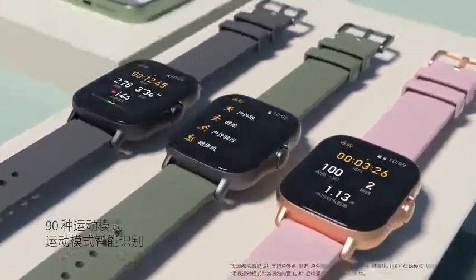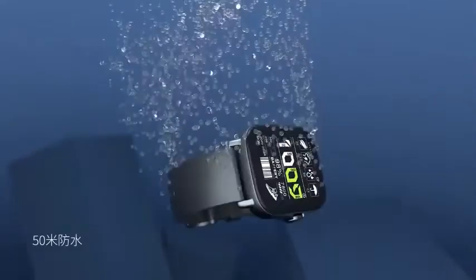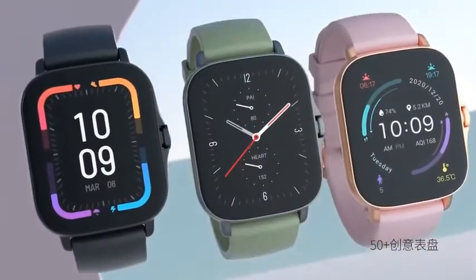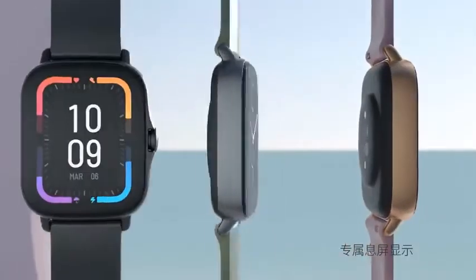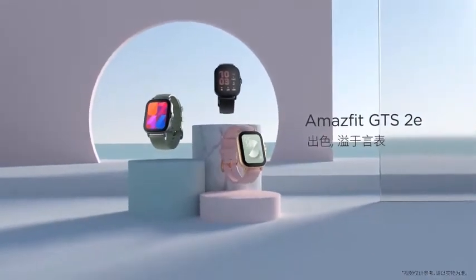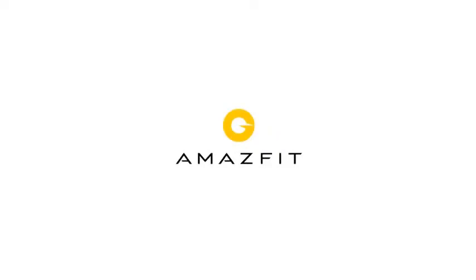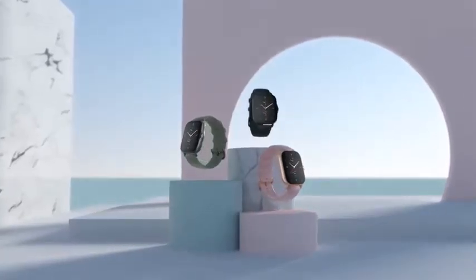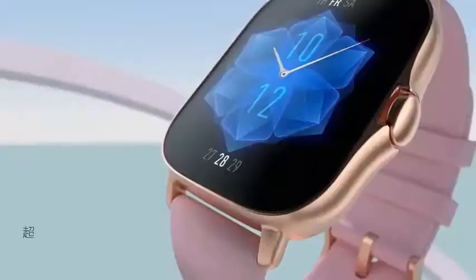The main difference between the smartwatches is in the design, and we like the aesthetics of both of them. The GTS 2e has a square 1.65-inch display, while the GTR 2e has a circular 1.39-inch screen on the front. Amazfit's own software is on board, which works with both Android and iOS, and both go for $139.99 in the US. The GTS 2e is confirmed in the UK at £119, though